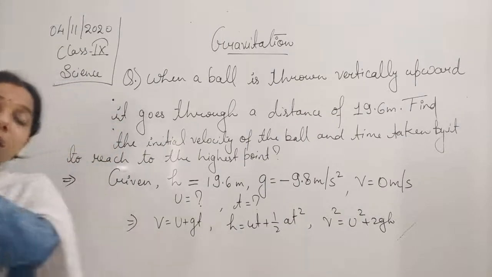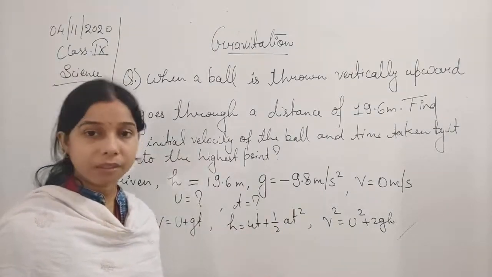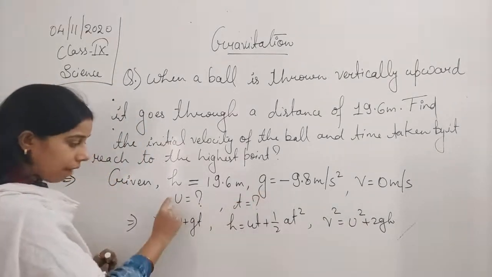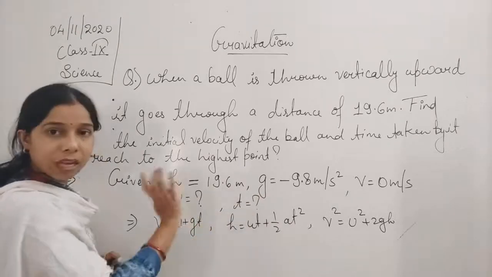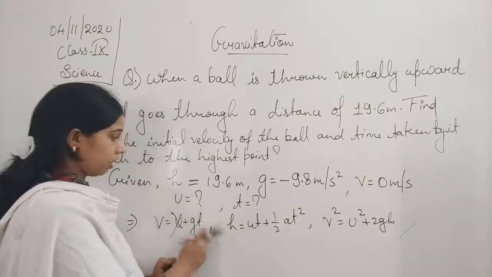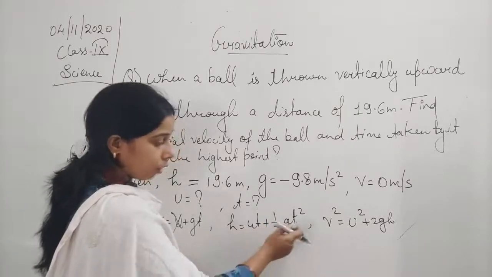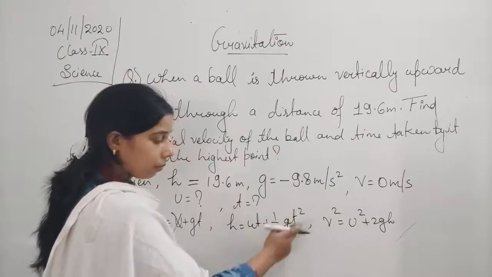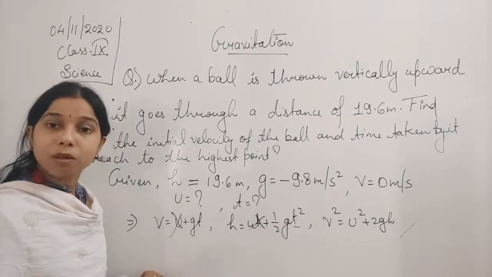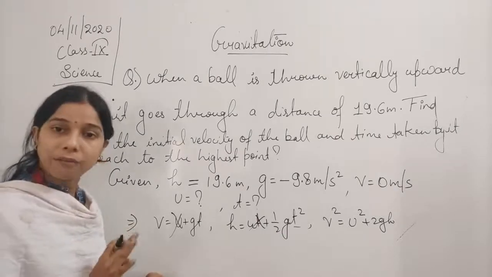So we have to see that out of these three equations, which equation is suitable through which we are able to find the value of u. So you see students, here v is given, u we have to find, g is given, but t again we have to find, so we cannot use this equation. Now move to this one. Here h is given, u we have to find, t is not given. So u and t both we have to find, so we cannot use this one either. G is given, but again t is not given. So this formula also we cannot apply, because in this one both time and the initial velocity are not given, that we have to calculate.